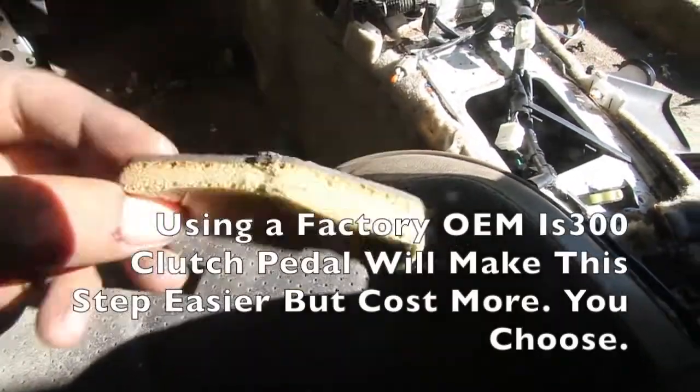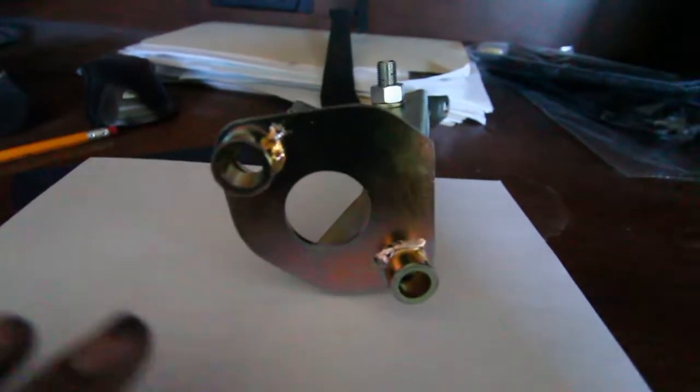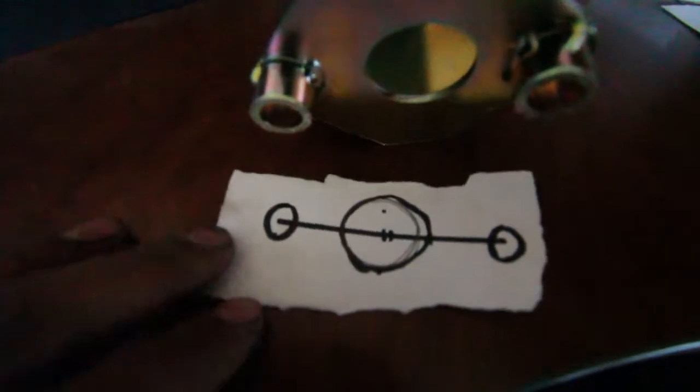Alright, so just to recap with you guys, this is the piece of the firewall that comes out stock, and then I ripped out all of this extra just to give me space to install this pedal. And so I have it mounted right there, you can see that. I'm going to measure from here to here and basically draw this mounting plate, so I can just put it up on the firewall and then drill through it. So yeah. Alright you guys, so very simple thing I drew up. Sorry it's kind of sloppy, but